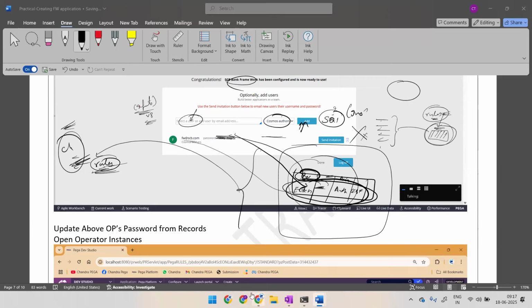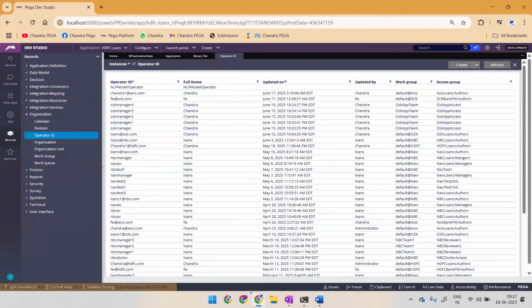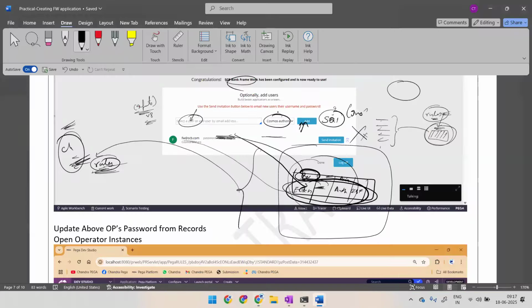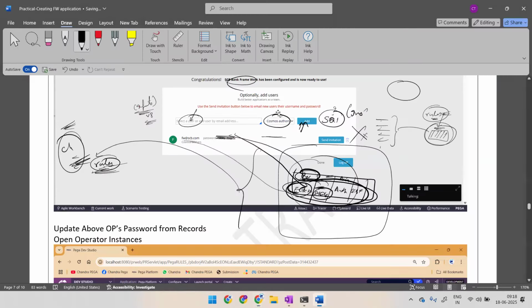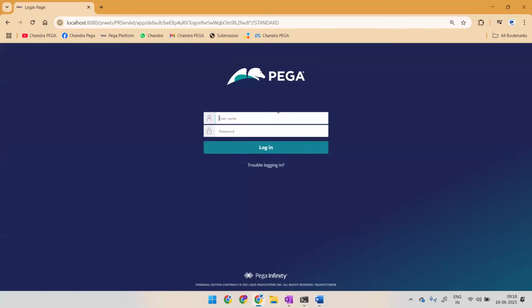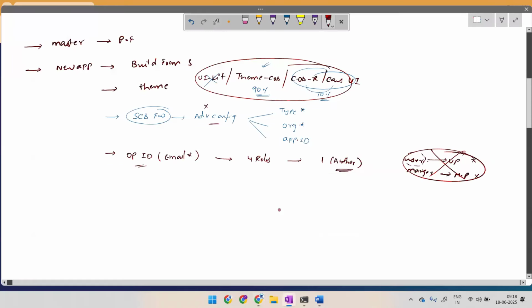And if I try to log in from here, with my ID and password, scb@1234, this is my latest. If I try to log in with this, it takes me to the change password screen. And that change password screen happens only the first time, not every time. Now, if I log in, it will not show me the change password screen. So only for the first time. Why is it happening? In the background,